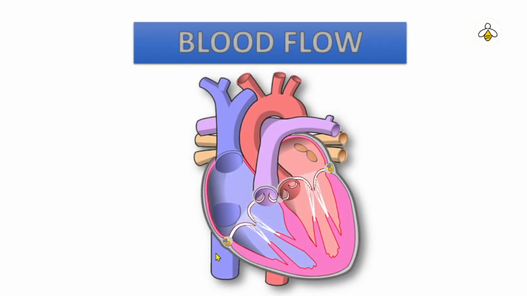Now, let us see how the blood flows via the heart. The deoxygenated blood comes into the right atrium, from where it passes through the AV valve into the right ventricle, and from there it moves via the semilunar valve into the pulmonary artery, which carries it toward the lungs, and from lungs oxygenated blood is carried via the pulmonary vein into the left atrium, and from left atrium into the left ventricle, and then passing from the semilunar valve it moves into the aorta, and the oxygenated blood is then pumped throughout the body. So this is how the blood flows through the heart.